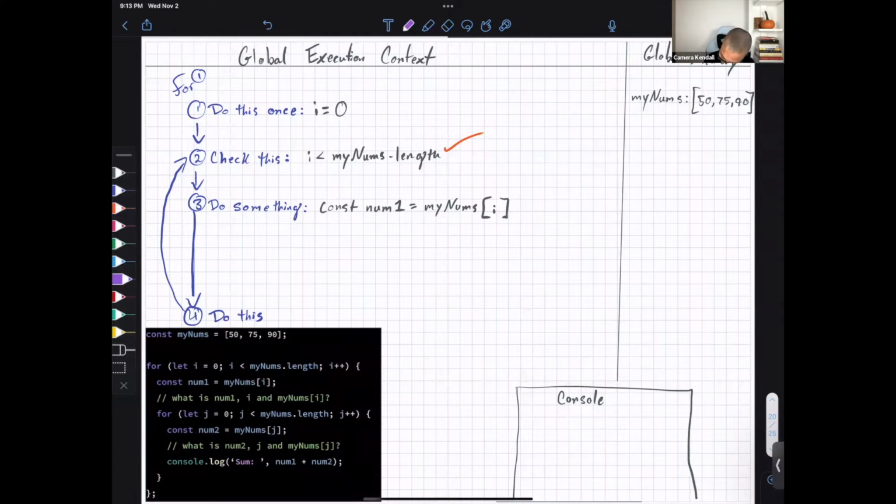Yes. All right, just like before, I'm going to write out the steps for our inner for loop. I'm going to use purple for this one. Step 1, just like before, we are going to do this once. Step 2, we are going to check our conditional. Step 3, do something. And step 4,